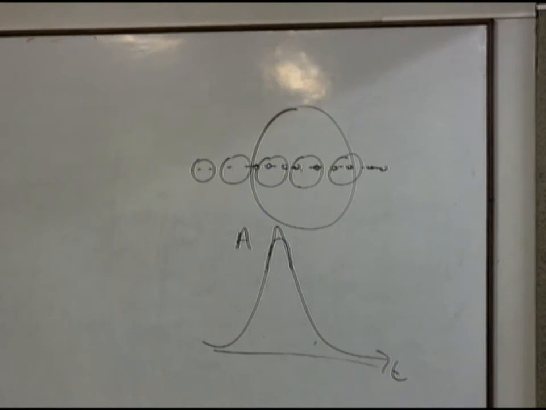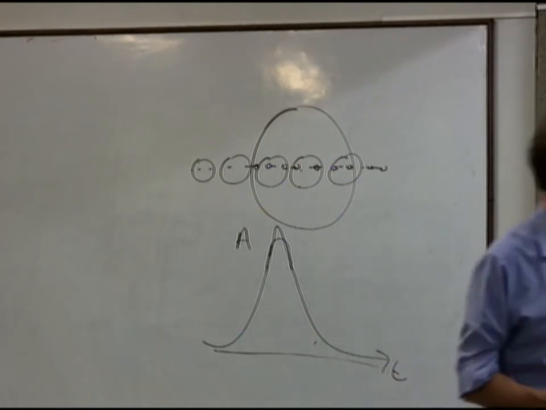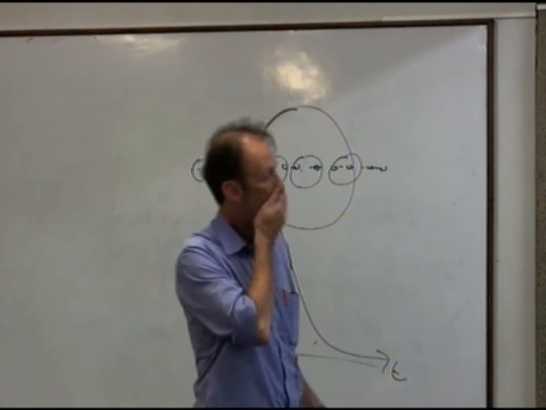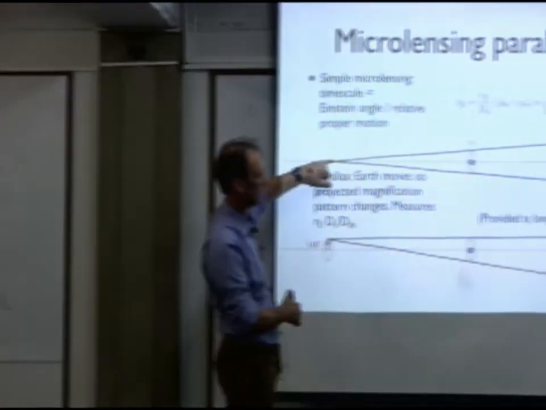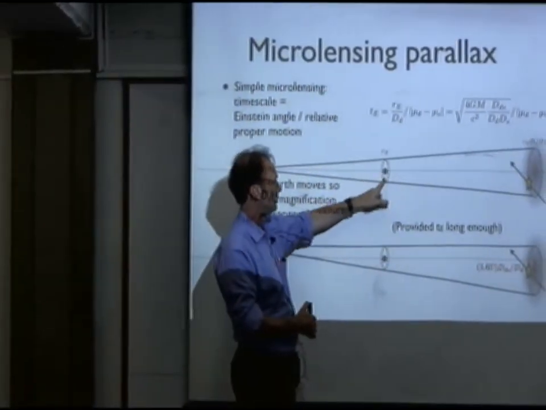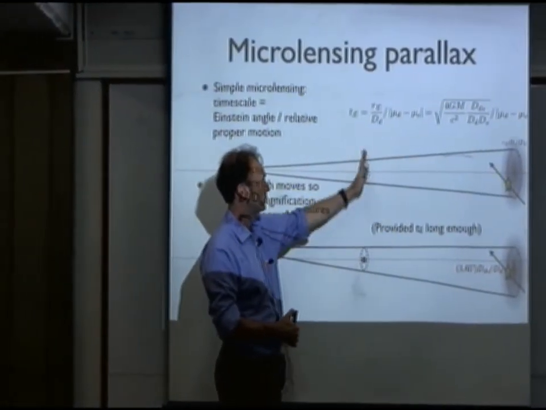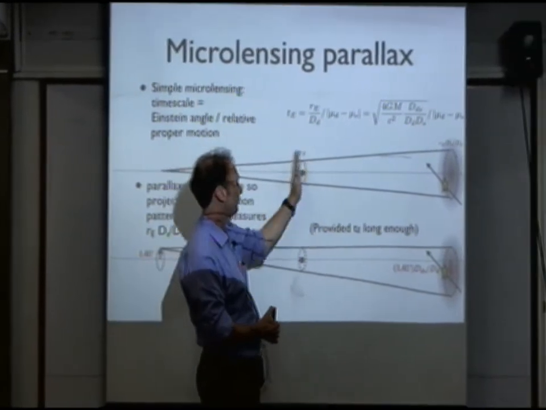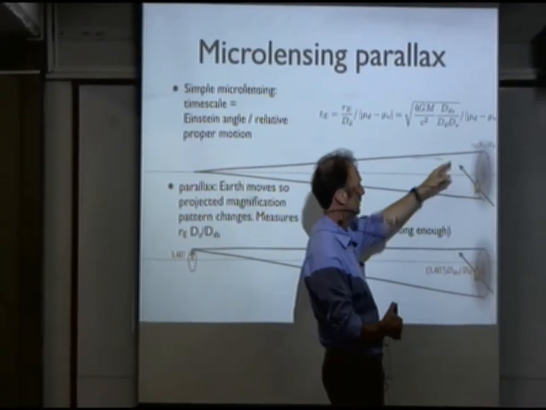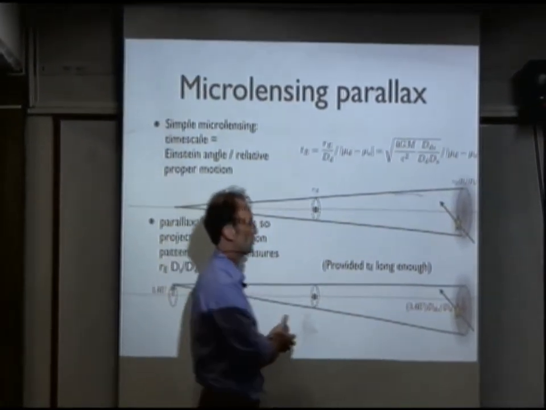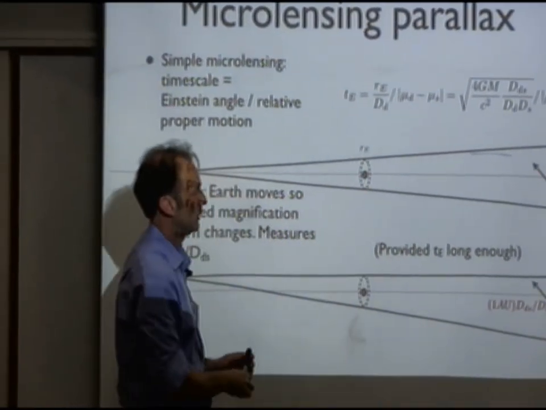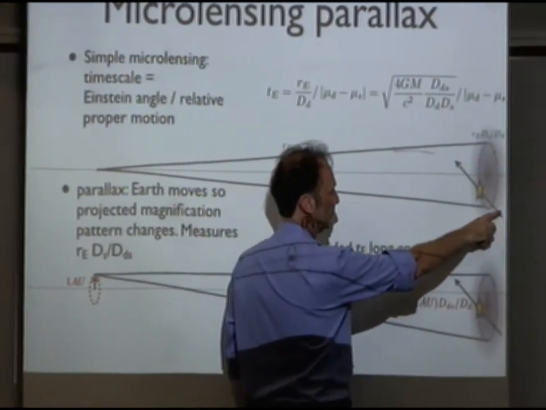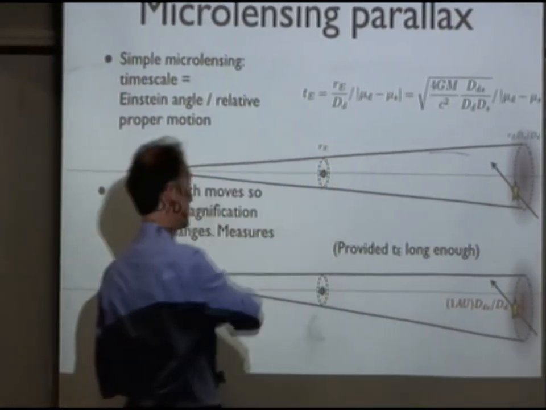Second effect is microlensing parallax. In the classic microlensing case, you have us sitting here still. You have a lens somewhere in the foreground. It's passing through, or you can think of the lens as standing still and the source passing through the sky, and the source is passing through this magnification pattern that's created by the lens. So here you can simply read off as a function of time what the magnification is,